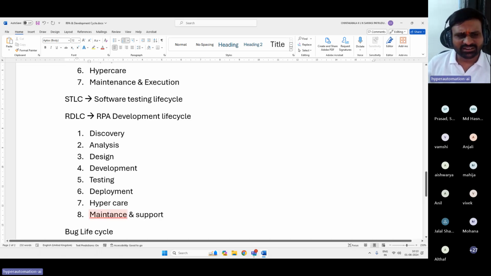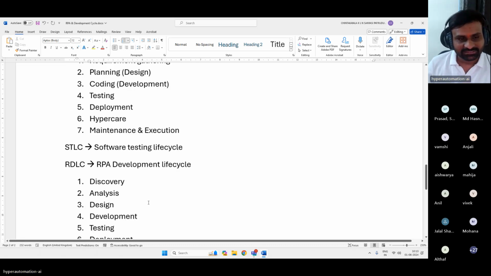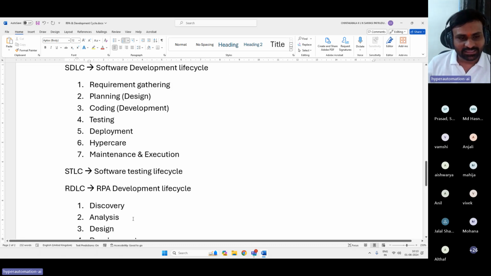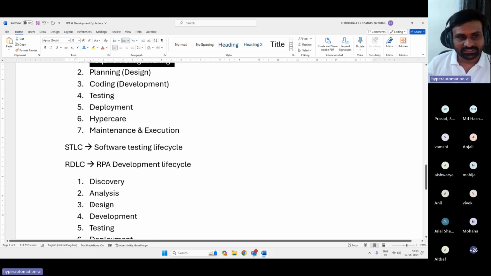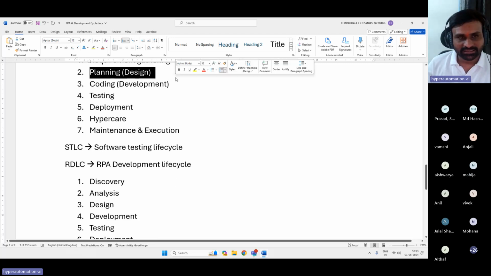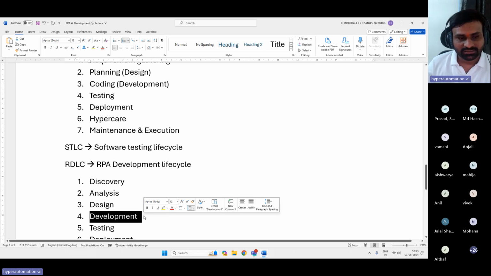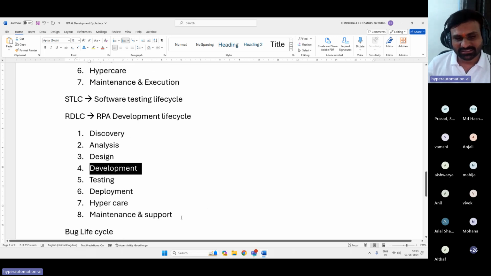So, end of the story, both are the same, right? What difference do you see? Analysis is nothing but your requirement gathering, right? Discovery. Design is nothing but your planning and design, development, testing, deployment. Everything is the same, right?